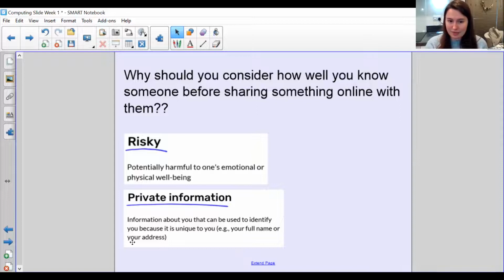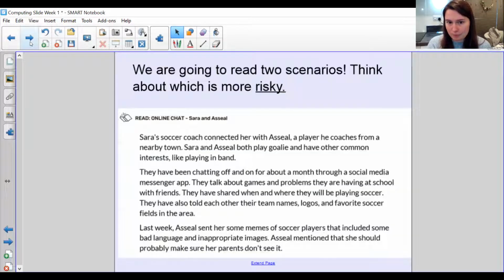And private information is unique to just you. And that's the part that makes it slightly risky, because actually, if you're trying to be really safe and you're protecting yourself and you've got a username rather than your full name, and then suddenly you share that information with that person, if you do not know them and you don't trust them with that information, that could be shared to other people. It could also, in the worst case scenario, lead that person to actually being able to find you and actually be able to find your address or cause you harm in another way. So it's really, really important.